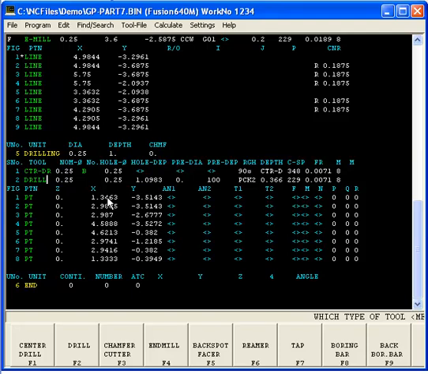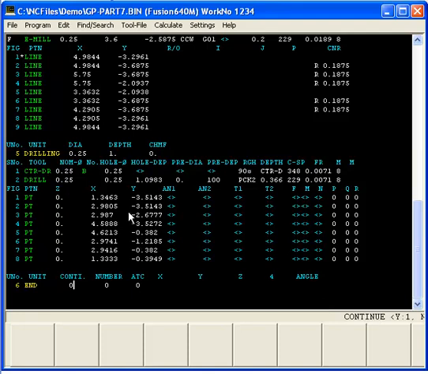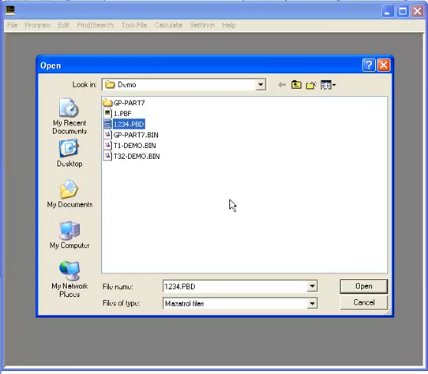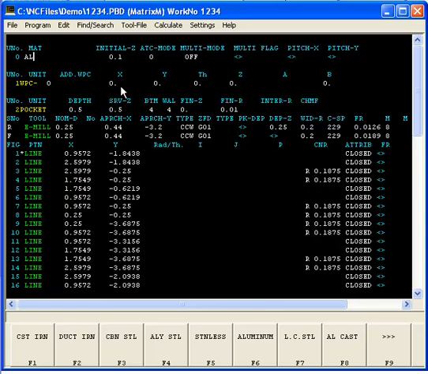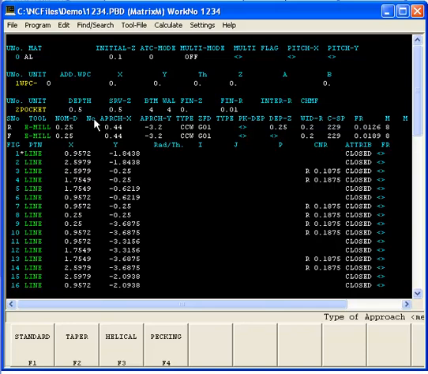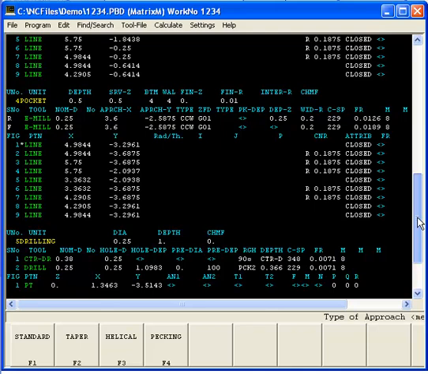And you can see that this looks very much like the Mazak does, all the prompts and all that kind of a thing. Now let's go over and look at, for example, a matrix. Let's convert this over to a matrix. Alright, so let's open up that matrix program. I just convert it over, no big deal. And here it is as a matrix program. So as a matrix program, you have different things like the attributes on a pocket and the type on an end mill for the helical and all that kind of stuff.